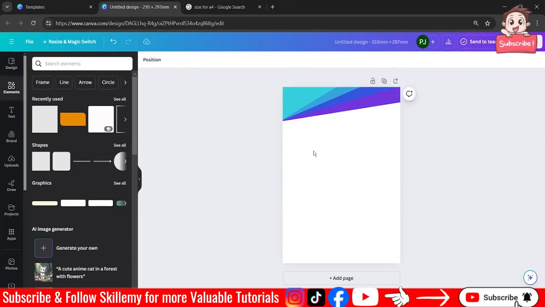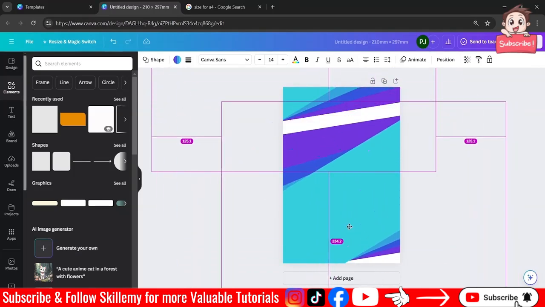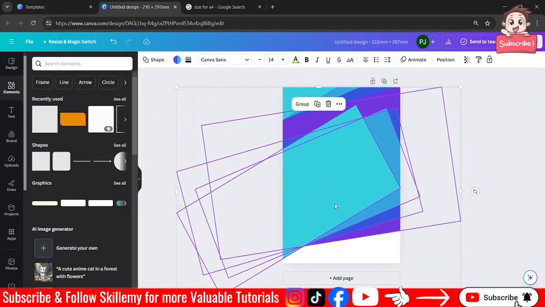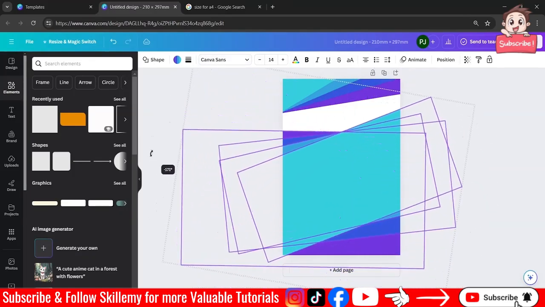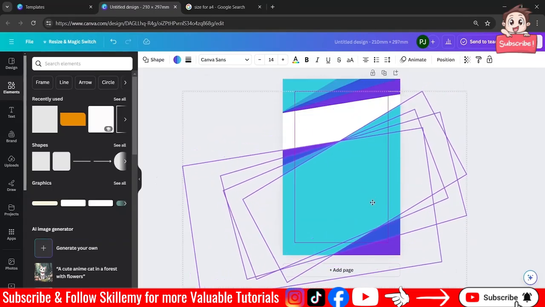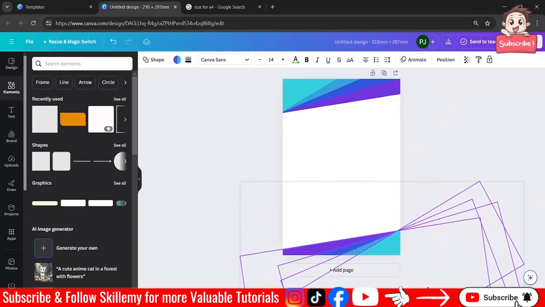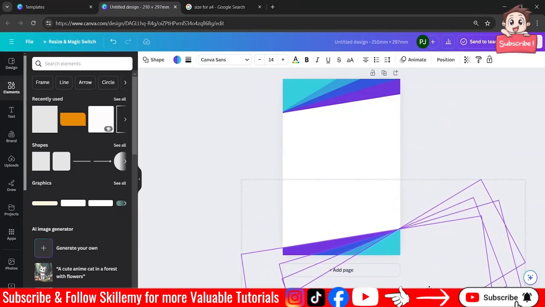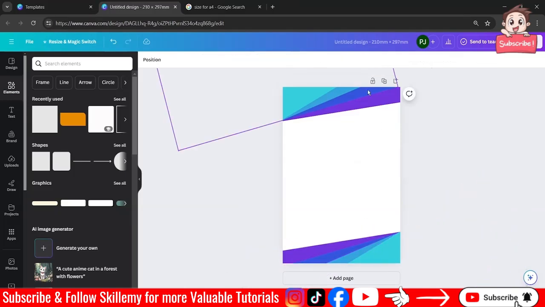So this is our design. We can just make a copy of this. Let's rotate this to minus 180 degrees. And we'll just place it over here.